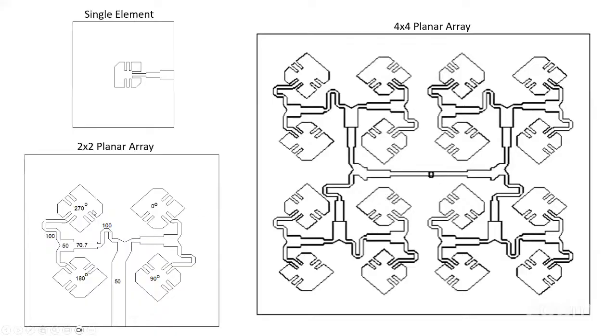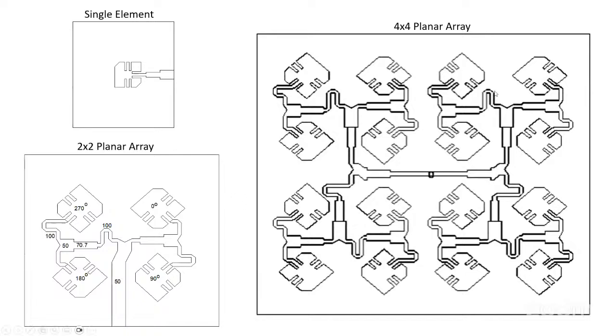For larger arrays, 100 would become 200, 200 would become 400, and those are not practically realizable. This 100 ohm transmission line width is 1.4 millimeters. If it is 200 ohms, it might become 0.7 millimeter. For 400 ohms, 0.35 millimeters, which is very difficult to see or touch or control the widths in fabrication. Very difficult.